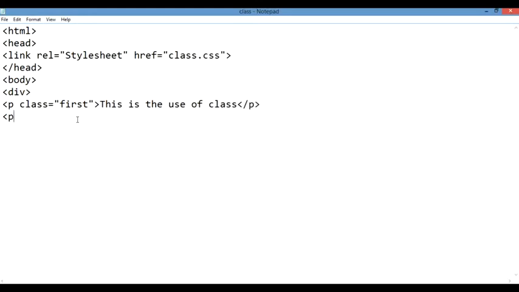So what will happen is it will show me all the contents based upon the styling that I have done in the CSS file. So whenever I am talking about the CSS file, the content that I have written over here will be p class equals first. Wherever the class has been used, the text will appear according to that styling.